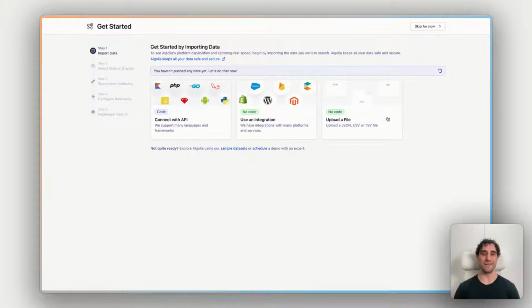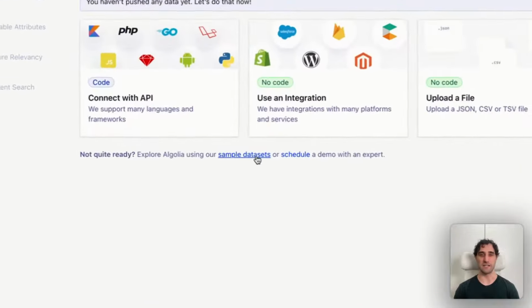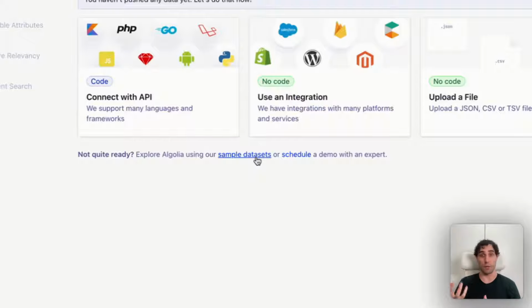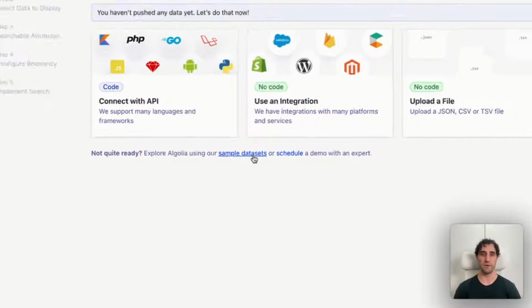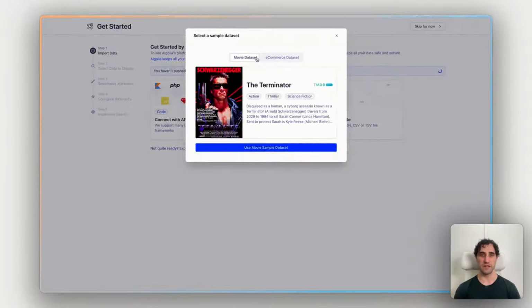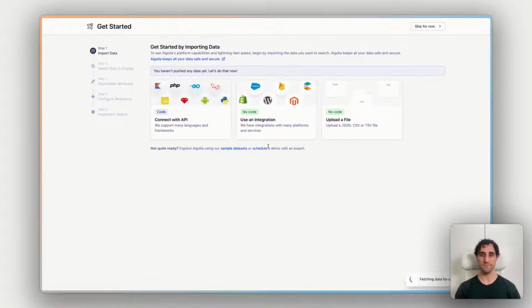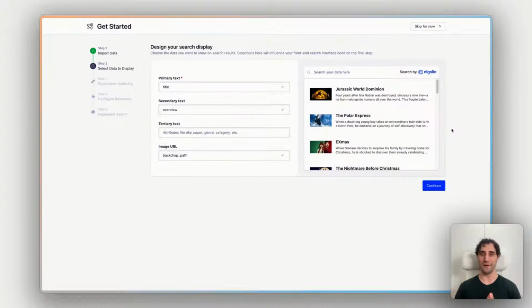For the sake of this demo, though, I'm just going to use a sample data set. And this is the quickest way to get this set up and up and running and check how it all works within your app. So let's choose sample data set. And let's say the movie data set. This will just put a whole bunch of movies into a data set that we can search through and display in our Bubble app. Okay, here we go. We have all of our data